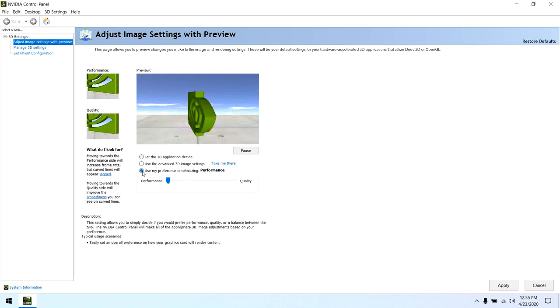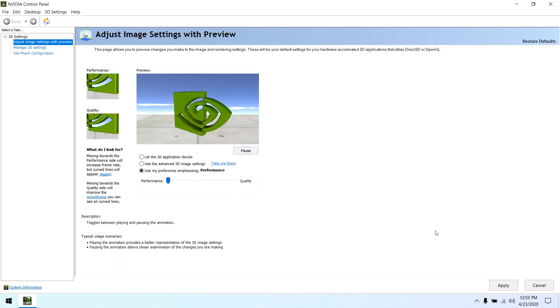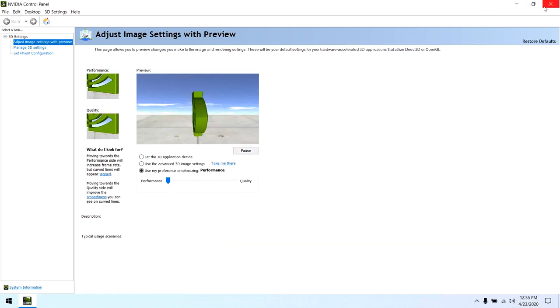So come into my preference emphasizing, and if it is on balanced, then come to performance, and if you want quality in your appearance, then just go to the quality tab, so you can see how it prevails. So I'll come to performance, and I'll just apply these settings. Without applying, if you directly click on cancel, then it won't apply.